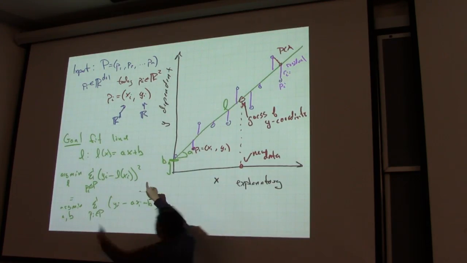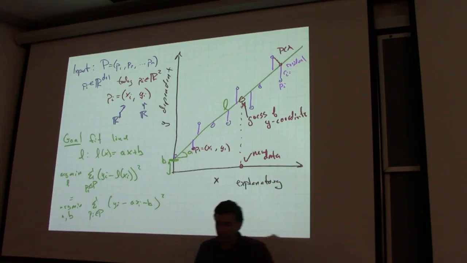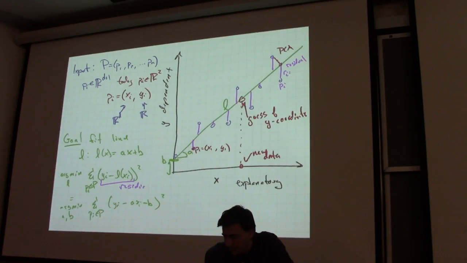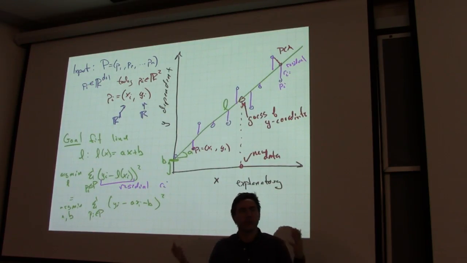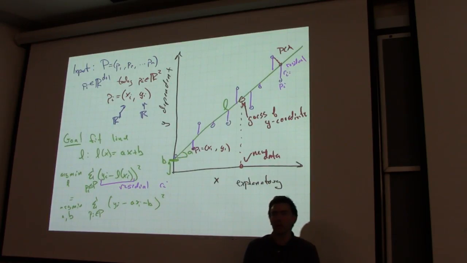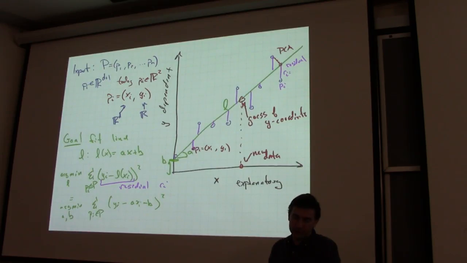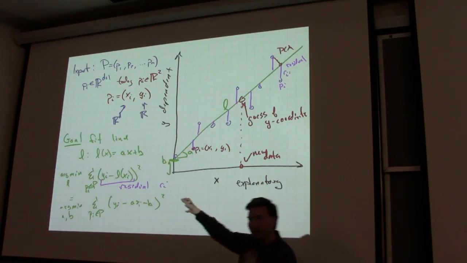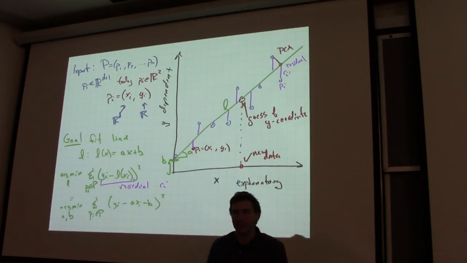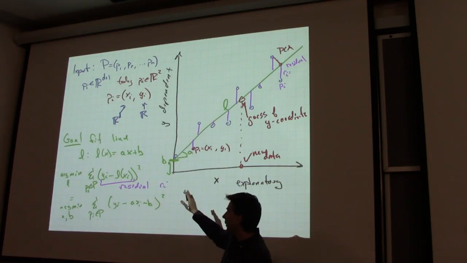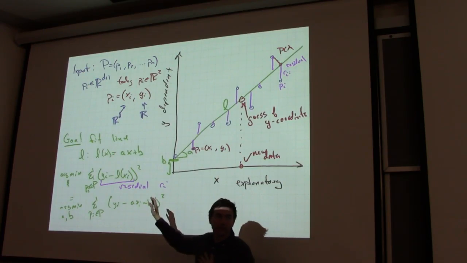This term here is exactly this pink residual here, right? So this term inside of here is the residual R_i. So I'm looking at the squared residuals, which is what I'm trying to minimize. Okay? So I'll come back to whether this is the right model for the problem, and we'll see that sometimes we want to tweak this. But let me just quickly tell you about all of the great things about this least squares model for linear